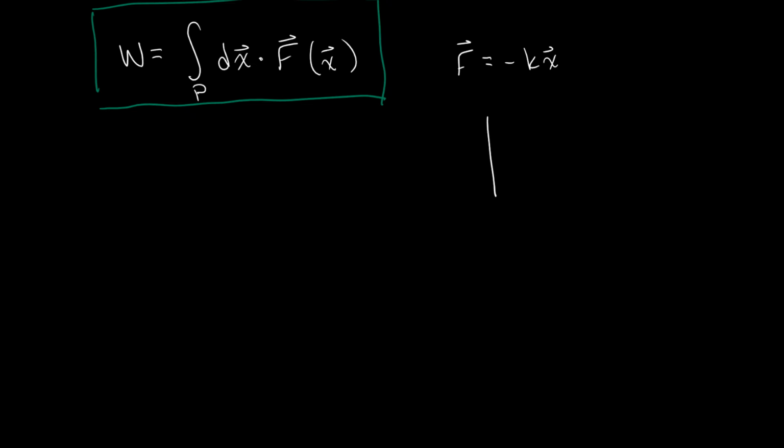So this is going to look something like I have my axes here, and I'm going to have some mass, which I'll draw in blue, described by a position vector, which I'll call x, like that. And the force is just going to be acting in the opposite direction of that position vector. And it's always going to be trying to pull it directly towards our origin. Okay, so let's try to find the work done by this force along some different paths.